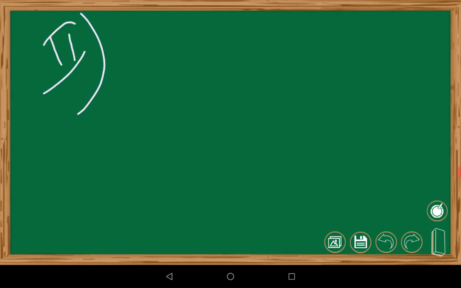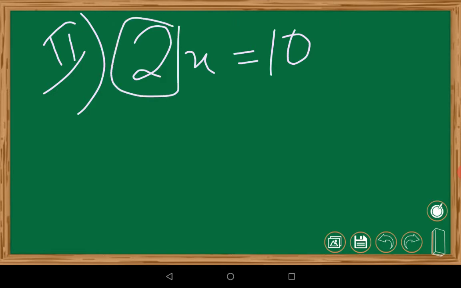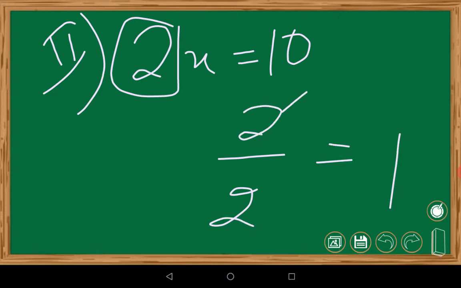Now we had 2x = 10 in the previous step. We have to continue, right? The second step is removing this 2, the numerical value. We only want the variable. Now, one number has to be divided by 2 to get 1. What is that number? Obviously 2. The 2 gets cancelled and becomes 1.